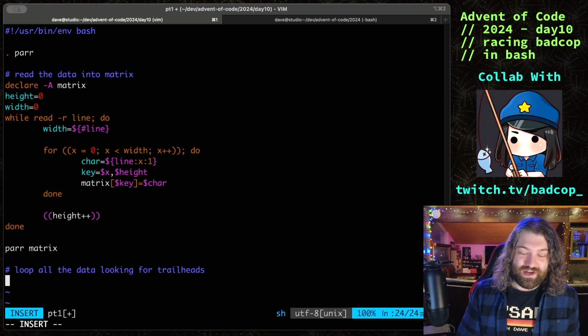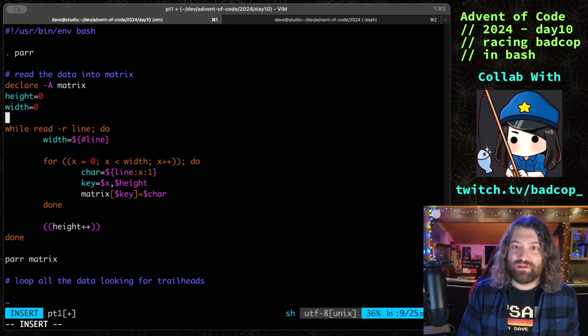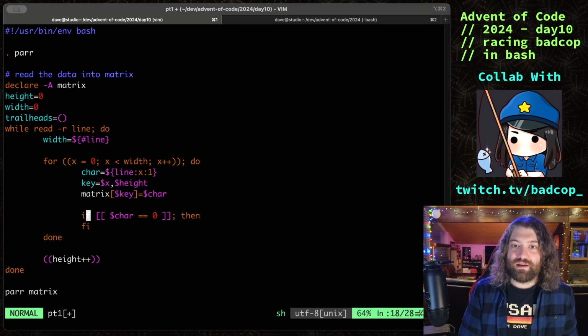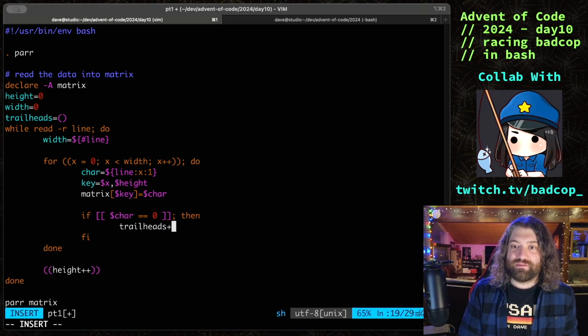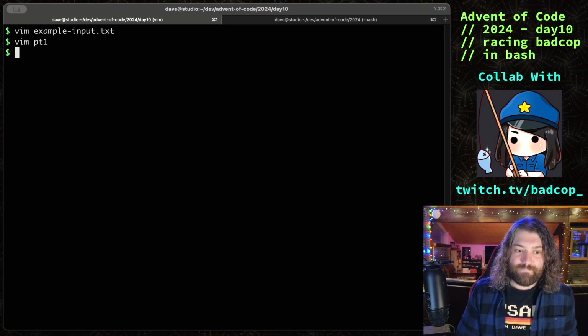Surely look for trailheads as you read it in. I could do that. I could totally do that. Yeah, we can just do this. We can just make trailheads equal this, and then if char equals 0, then trailheads push. We're going to push into the trailheads array the key, because we know we found trailheads. So we can just do echo found trailheads, and there we go. So now if we run this,